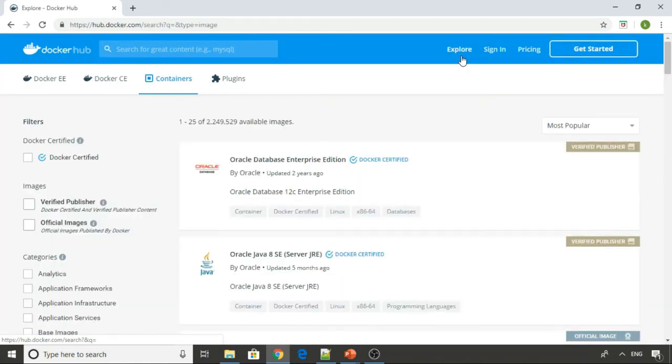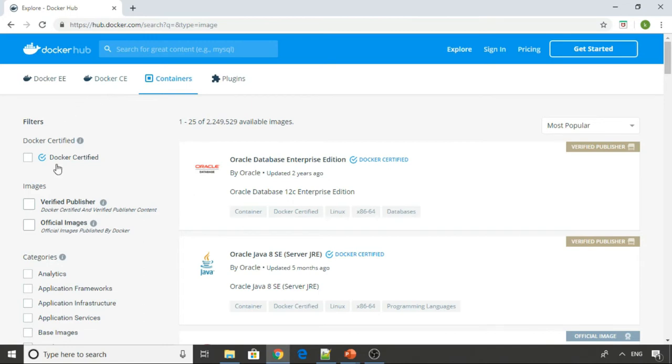And here friends, we are taken to the page where we can see the list of all the Docker repositories which are registered on the Docker Hub registry. Now friends, one thing I want to tell you here is that the appearance of this page changes from time to time. So it may happen that at the time when you are watching this video, the appearance of this page may be slightly changed. In that case, you don't need to worry, as the core functionalities will still remain the same.